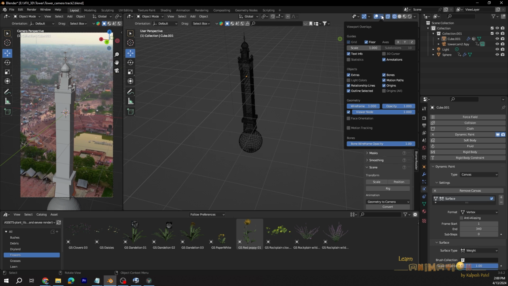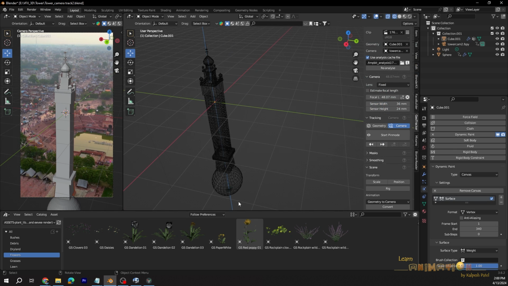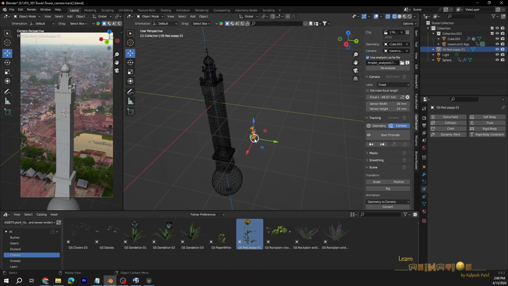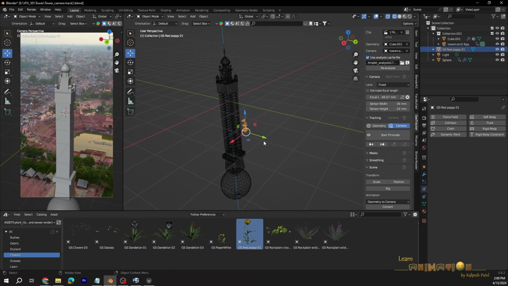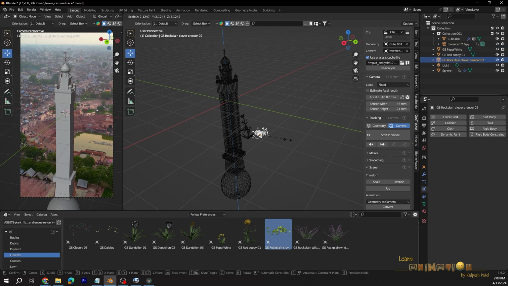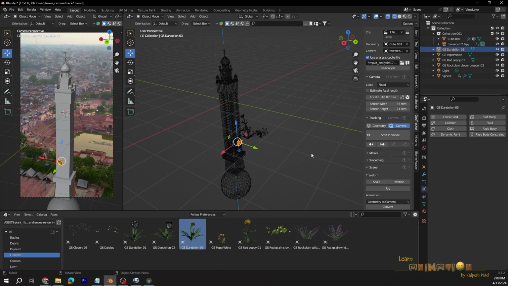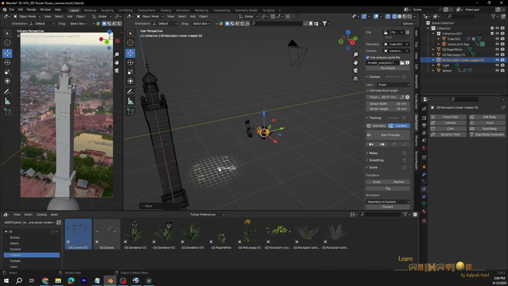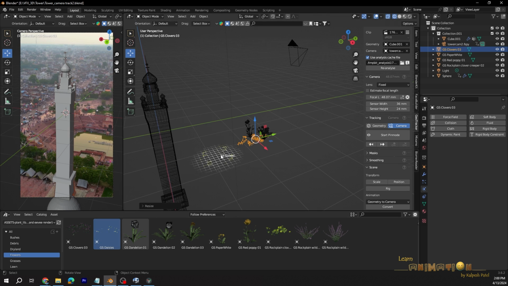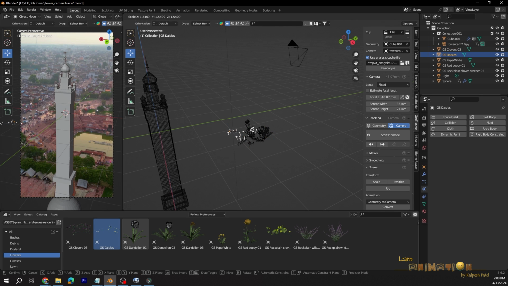So that's going to be very easy. Just drag and drop here. You can adjust the scale based on the requirement. Whichever flower you feel nice, you can just drag and drop here.